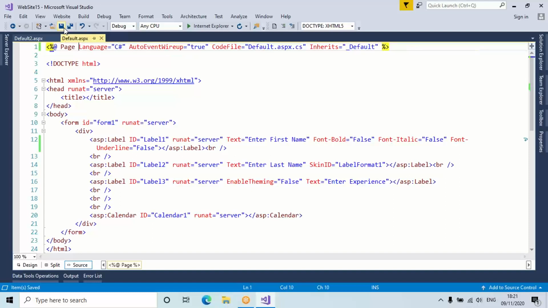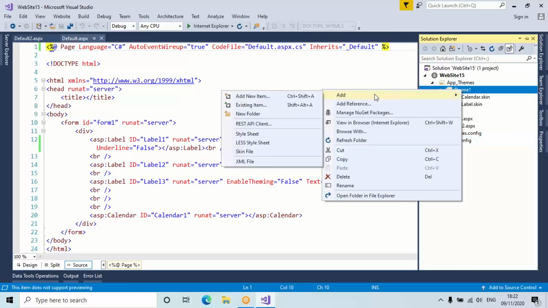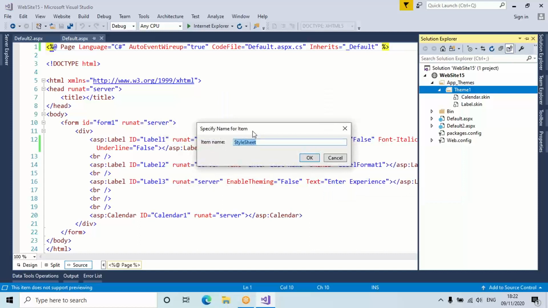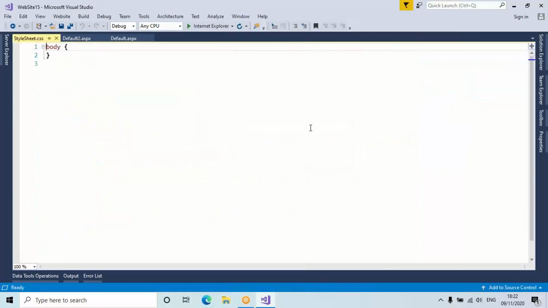Now, I'll open Solution Explorer and right click on the theme one. Add style sheet. And I'll give the same name, style sheet dot css. Yes. Body. That would be the same, like I write